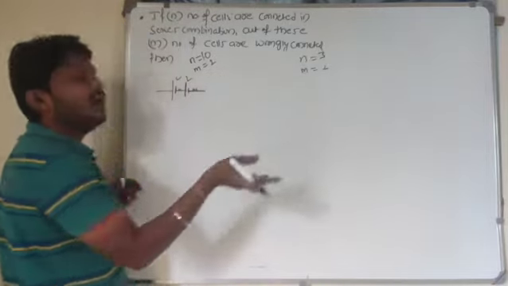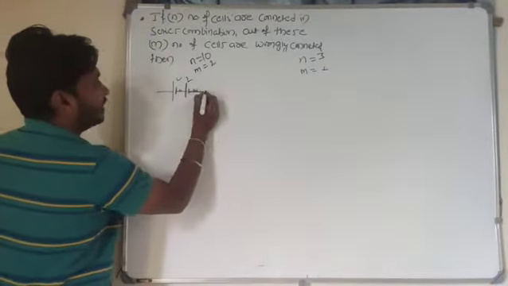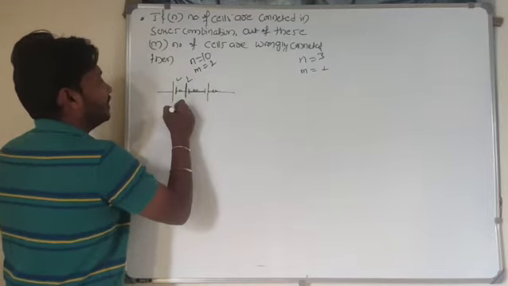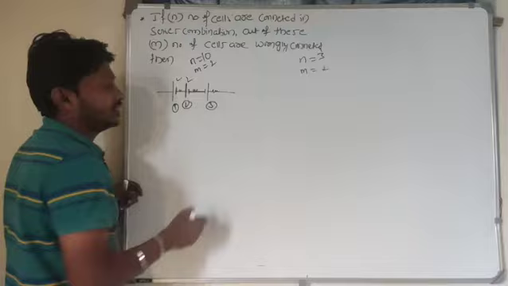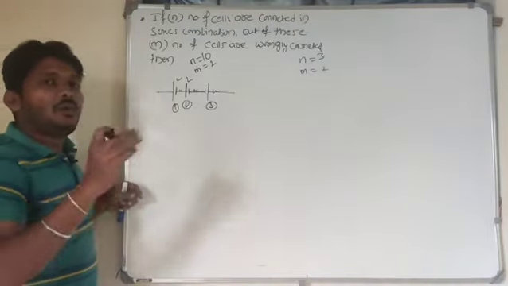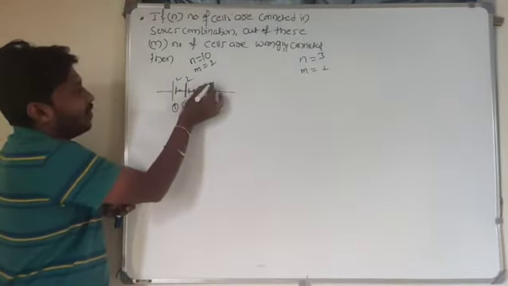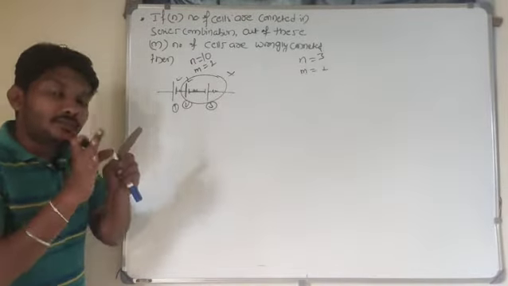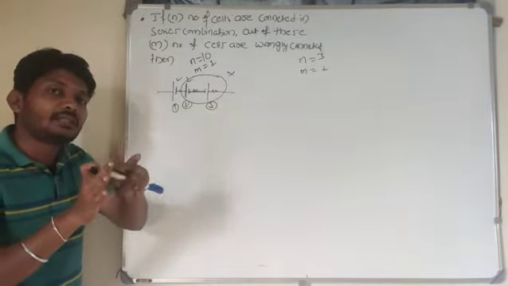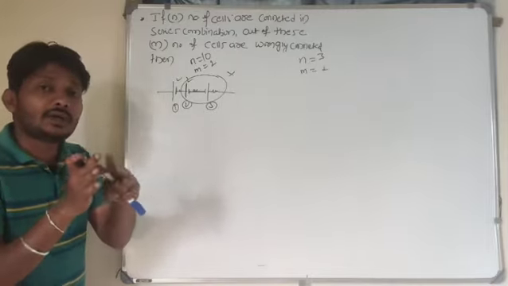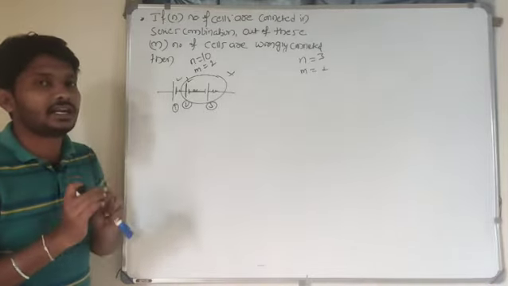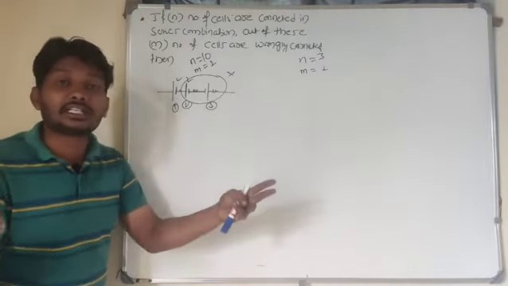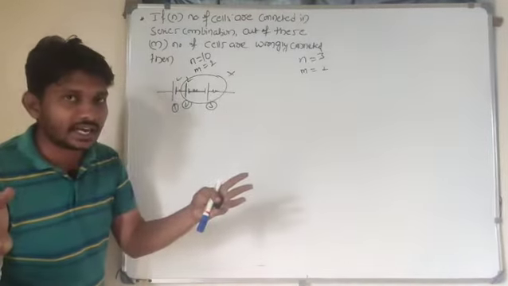3 cells are there. Out of 3 cells, 1 cell I will connect in wrong connection. This is the first cell, second cell and third cell. Out of 3 cells, 1 cell I connect in wrong connection. So how many cells will get cancelled out here? 2 cells will get cancelled out. If 2 cells are connected in wrong connection, how many cells will get cancelled out? 4 cells will get cancelled out here.